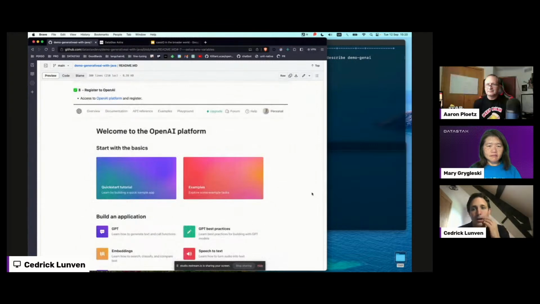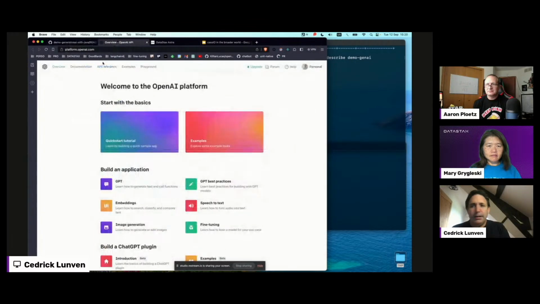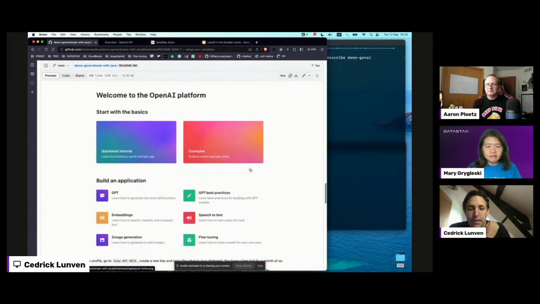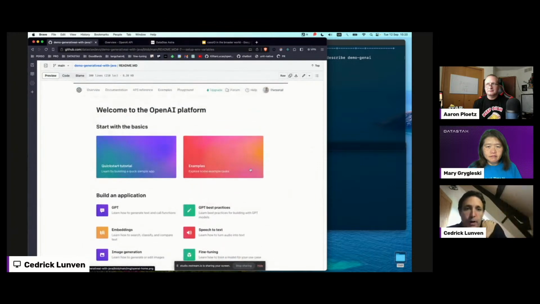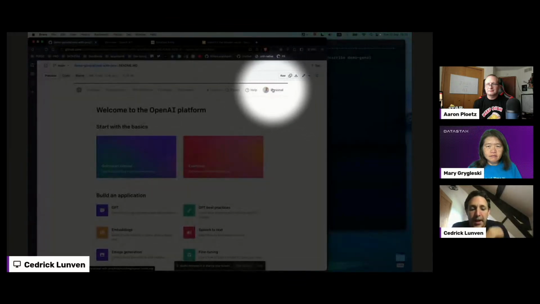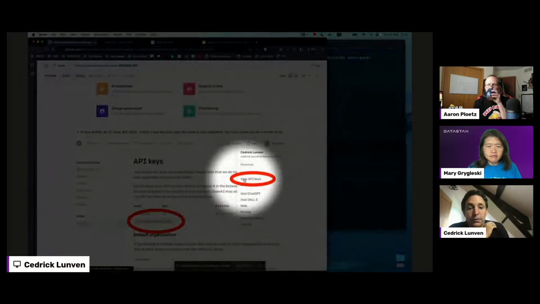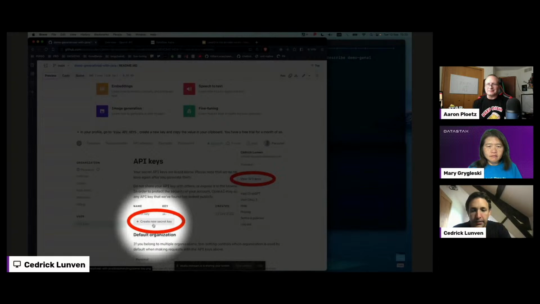To use the ChatGPT API, and so the OpenAI platform under the hood, you go to the OpenAI platform. I think it's something like platform.openai.com. You sign in either with GitHub or Gmail. Sounds familiar, and you end up in that UI. Then in the top right hand corner, click here on your name, and you should be able to see a page called View API Keys. You create a new key,